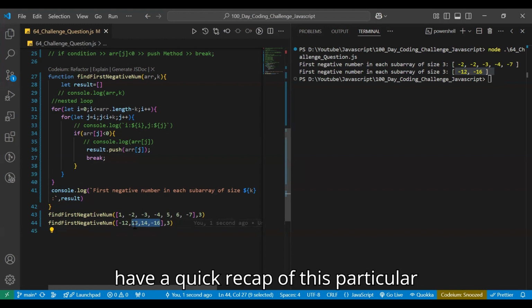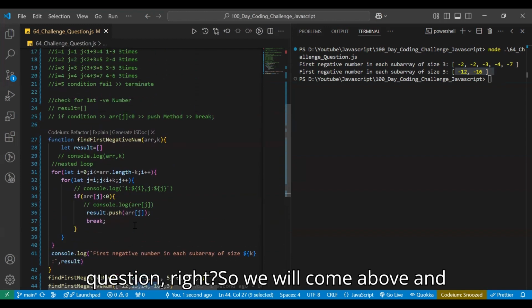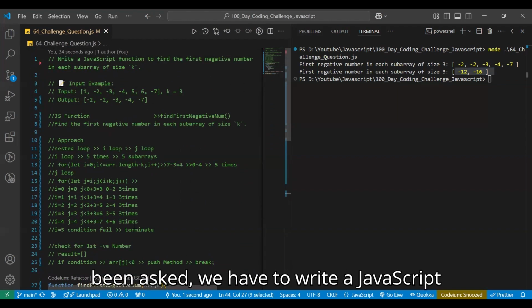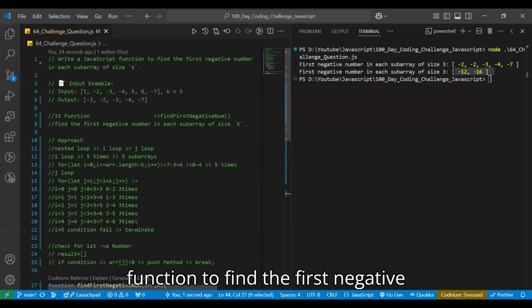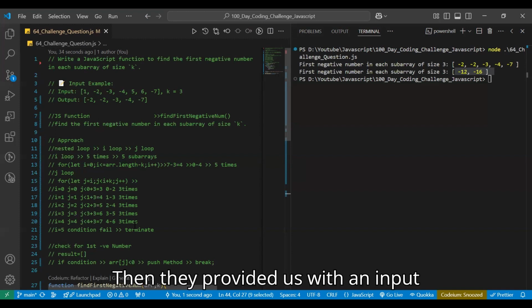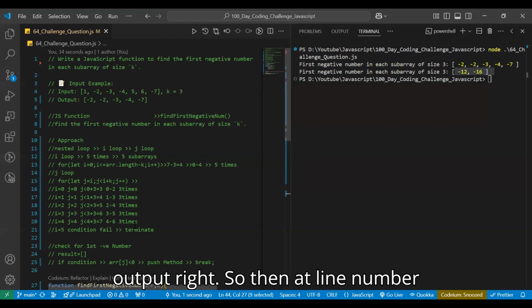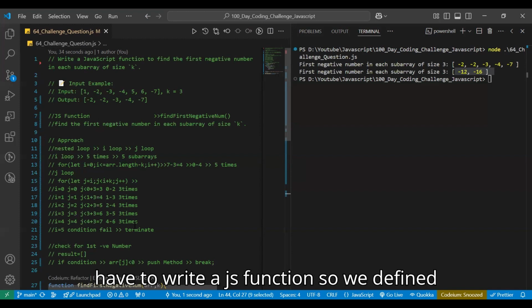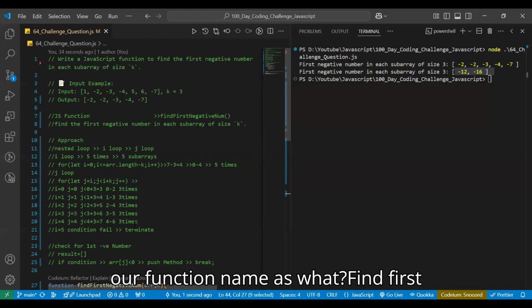Now let us have a quick recap of this particular question. We will come above and read the question. What was being asked: we have to write a JavaScript function to find the first negative number in each sub-array of size k. Then they provided us with an input and output. At line number 7, we understood that we have to write a JS function, so we defined our function name as